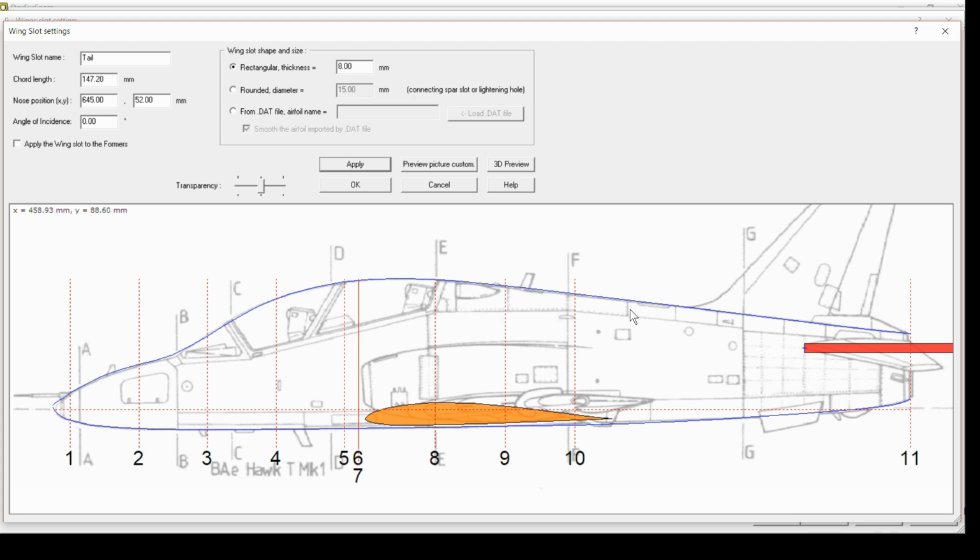So that's showing 645.52. If we put them as the dimensions there, 645.52, apply, and if we zoom, that looks to be about the right position, but you see that slot's miles too long. Through my testing I worked out about 95mm works out about right. So if we apply that,